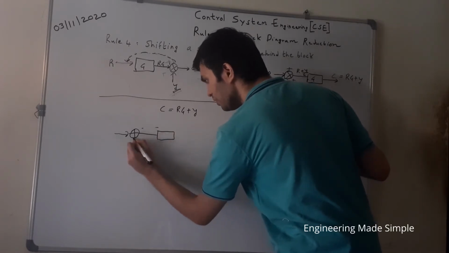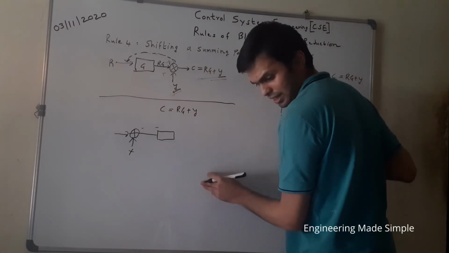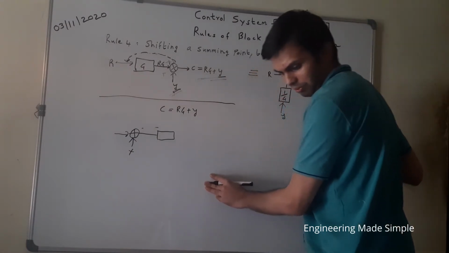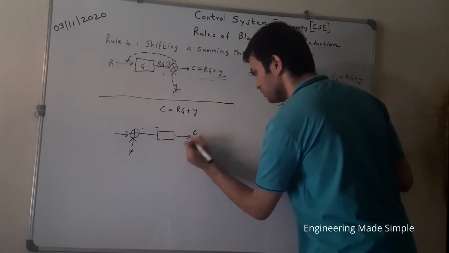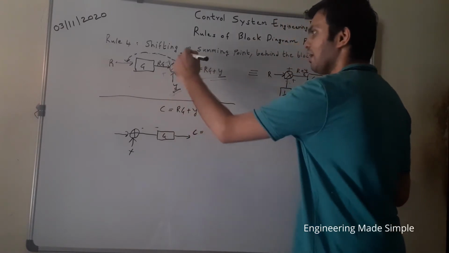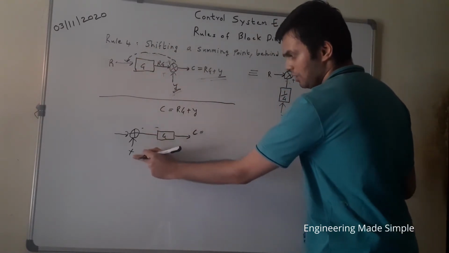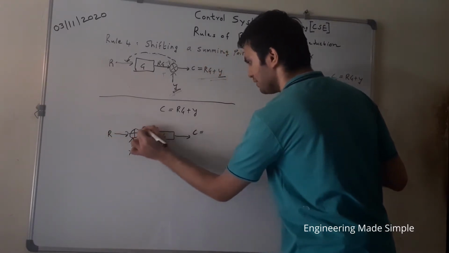So we have moved it. There would be some signal x which we need to multiply in order to get our output, with no change in the output. So this would be C as it is, our final output. This would be the gain block as it is. But as you can see, I have moved this summing junction behind. So there would be some signal x, and input R will remain as it is.